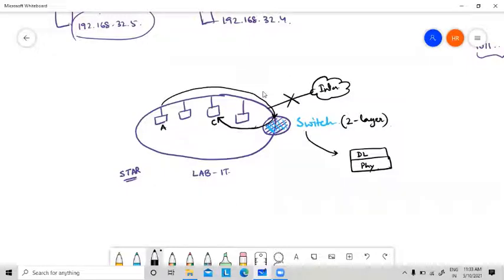It means this switch can access the DL layer provided address. What is the DL layer provided address? That is the physical address. And physical address means MAC address, which we have already seen in hexadecimal form, 0E32, like this. Correct? Now, in a local area network, only the physical address is enough.